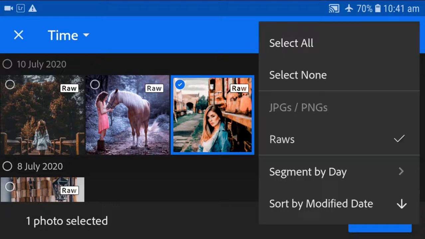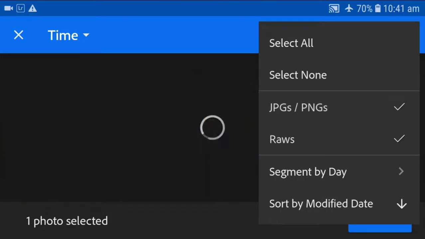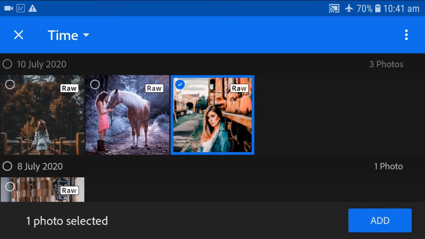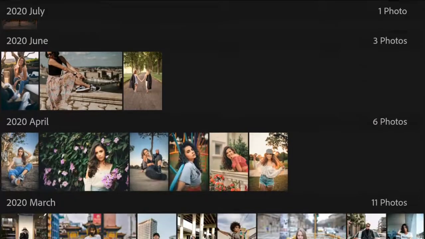So guys, all you're gonna do is click on the three dots, unselect the JPG, and only select the raw file. Raw files are the preset files which are present in your SD card. Now just copy that preset to your SD card. So here is the Urban Street preset. Click on the add button, so it will be added to my old photos in the gallery of the Lightroom,